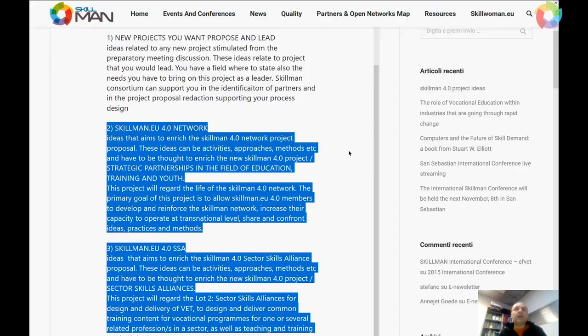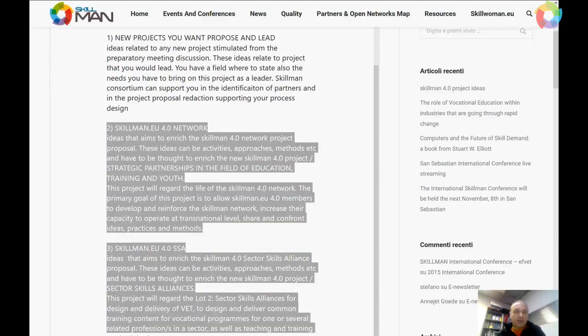So the intention to develop new curricula means that Skillman 4.0 will make a new proposal in the Sector Skill Alliance, the SSA, at the next European Commission EACEA deadline. This will be a project with full partners that implement the research and the new curricula, implement piloting activities, and also deploy existing curricula,